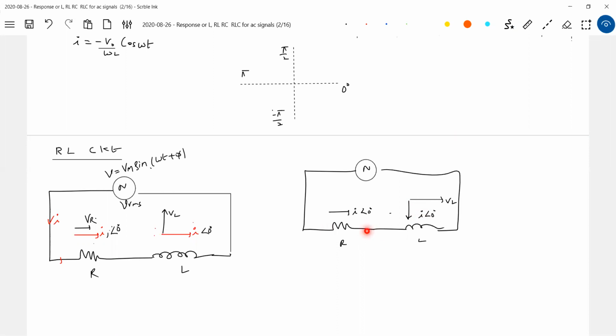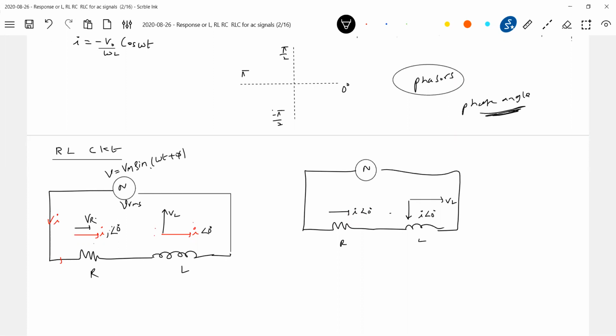But look at this, I'll connect ammeters here and here. Both ammeters will read the same current and the phase angle will be the same. So this shows that the magnitude and the phase angle of the current should be the same. Don't say direction, say phase angle here. In mechanics, we say vector: magnitude and direction. Here we say magnitude and phase angle. These are called phasors. In mechanics the physical quantities are called vectors, no? Here in electric circuits, the voltages and currents are called phasors. They have some phase angle.